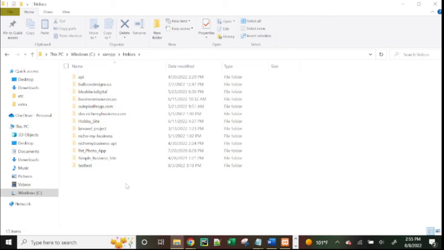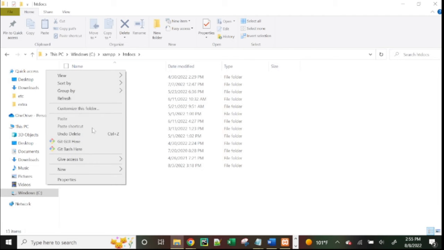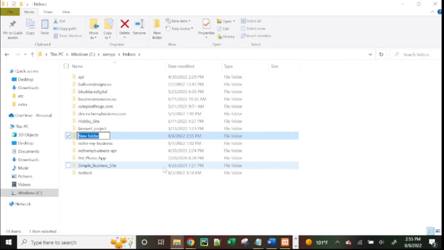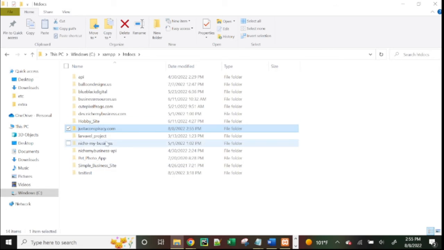htdocs, which is where we will create our directory, just a conspiracy.com. This is the exact same thing I called it in the vhosts. So